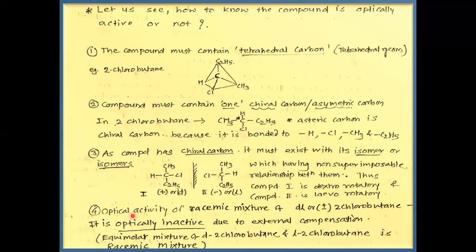And the fourth and last point is that the racemic mixture of these two compounds, dextro and levo compounds, is optically inactive, because the effect made by the dextro compound on plane polarized light is cancelled by the levo compound's rotation of plane polarized light. So in this way, we can discuss